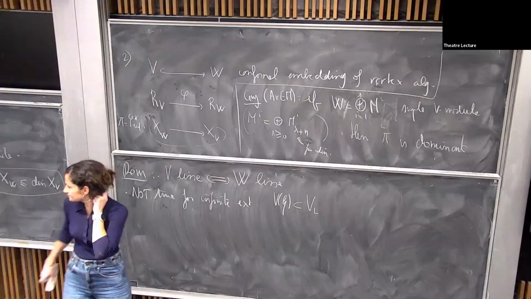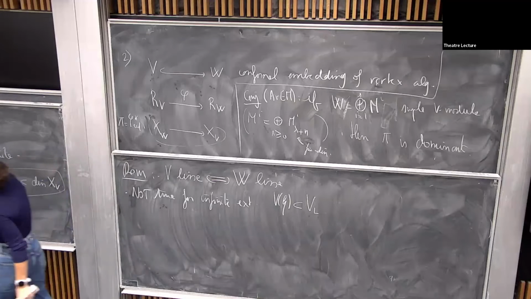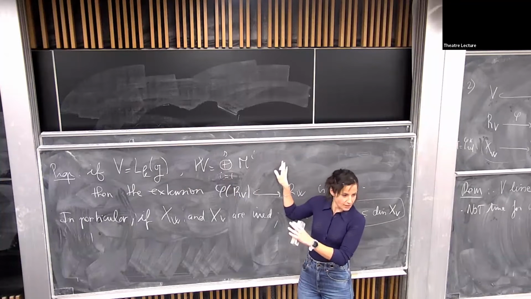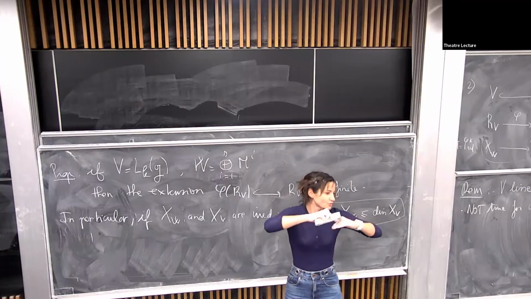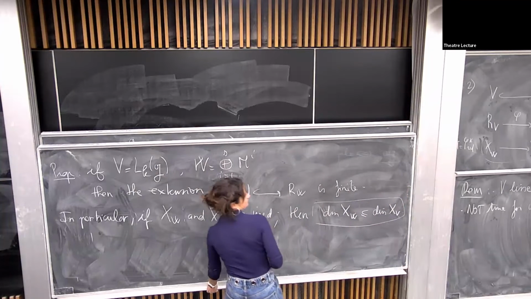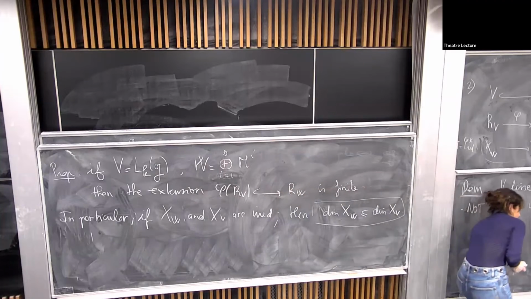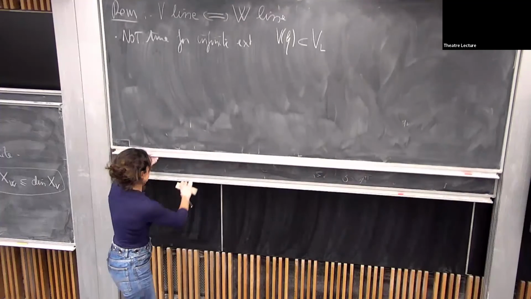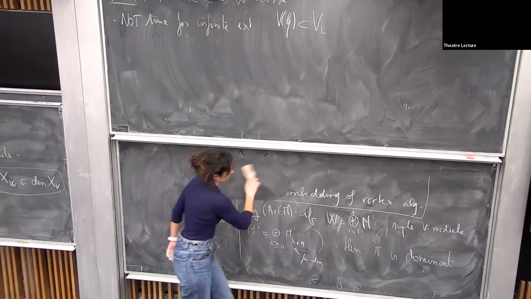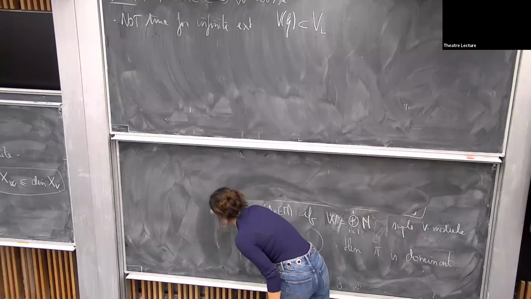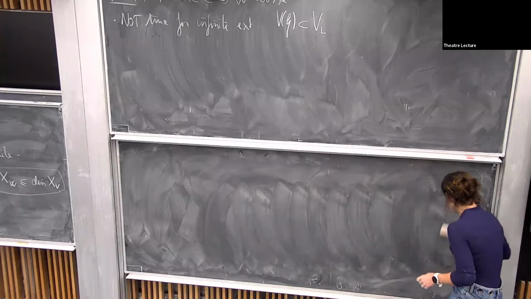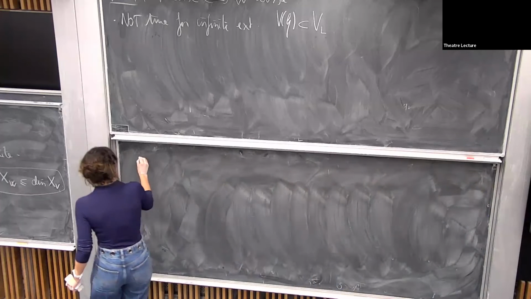Yeah, so to finish, I would like to explain the meaning of that in the setting of W algebras. Any questions? So I don't explain the proof, but in fact, it's not so hard to find strong generators from this decomposition. And from the strong generators, you can compute explicitly R_W, and it's nothing complicated. Yeah, so let's go back to the setting of W algebra.